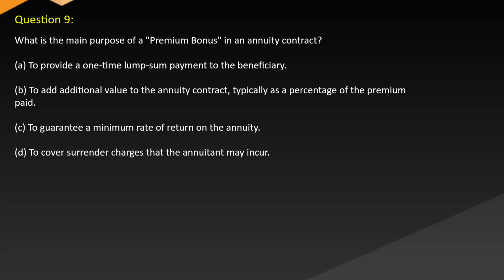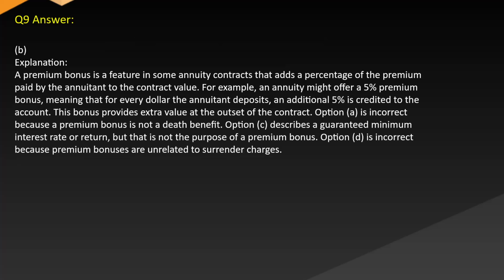Question 9. What is the main purpose of a premium bonus in an annuity contract? A. To provide a one-time lump sum payment to the beneficiary. B. To add additional value to the annuity contract, typically as a percentage of the premium paid. C. To guarantee a minimum rate of return on the annuity. D. To cover surrender charges that the annuitant may incur. Answer B. Explanation. A premium bonus is a feature in some annuity contracts that adds a percentage of the premium